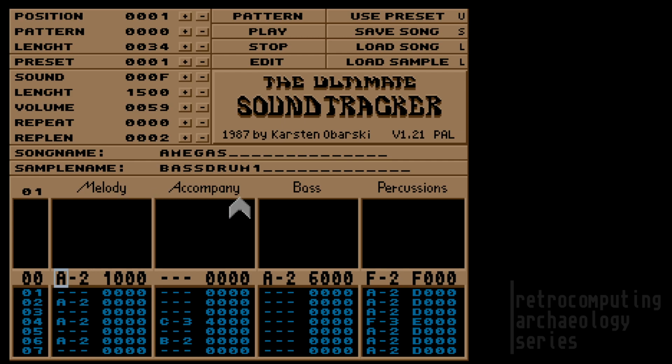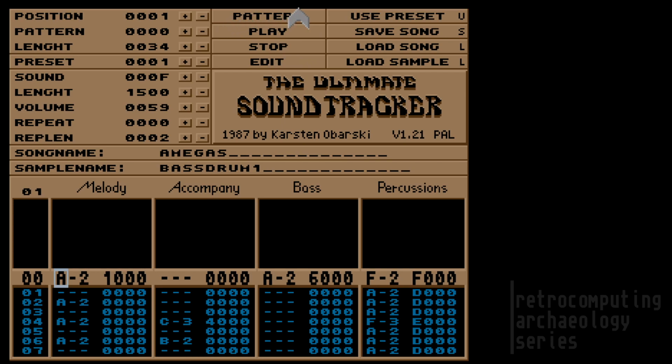You'll notice that there's some text up here for melody, accompany, bass, percussions. And this is, ironically, just window dressing. It doesn't really mean anything. These are just polite suggestions as to where you could potentially put the various instruments in your composition and lay them out. So put your bass line over here, your percussion and drums trigger over here, etc. But you don't have to follow that at all. Let's see. So the other major thing too is that